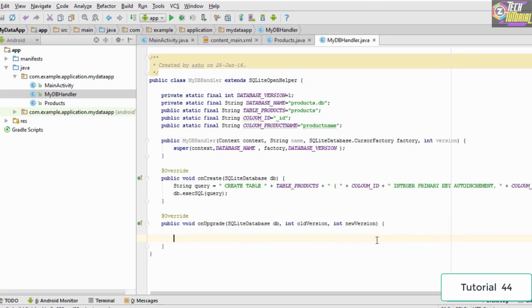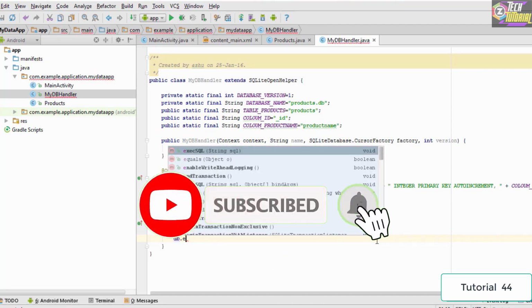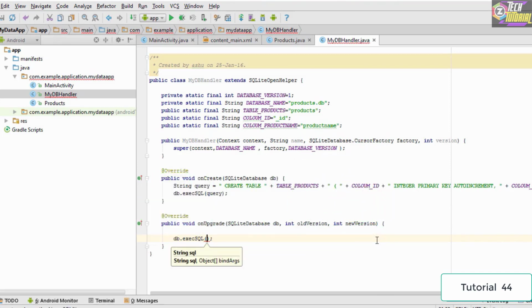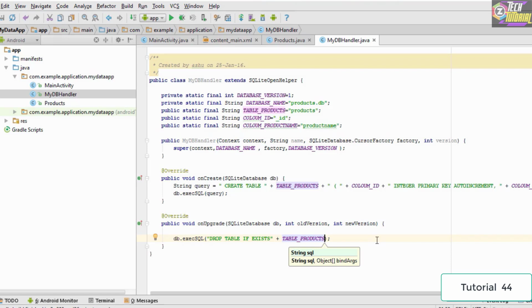So we go ahead and do that. So we type db.execute, and instead of creating a string and everything like that, we are simply going to type in the SQL query directly within it. So we type drop table, that means delete table, if exists, that means if the table exists, then it is going to delete the table, or else it is not going to do that. Then we come out of this and we type plus, and then we mention the table name which we want to delete. So we type TABLE_PRODUCTS,